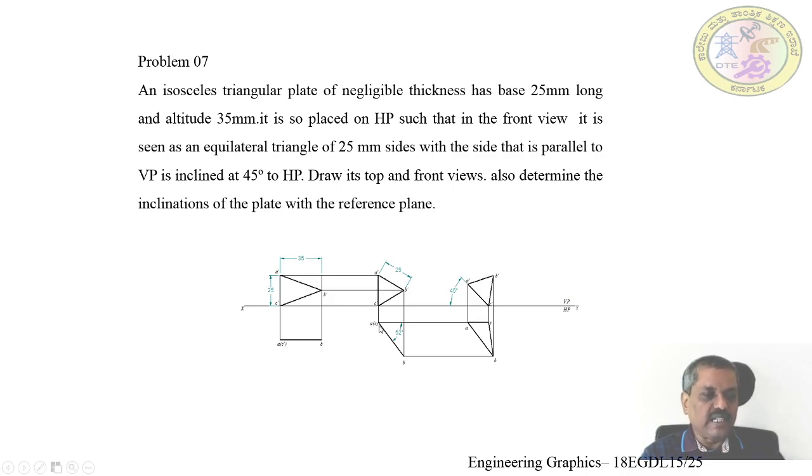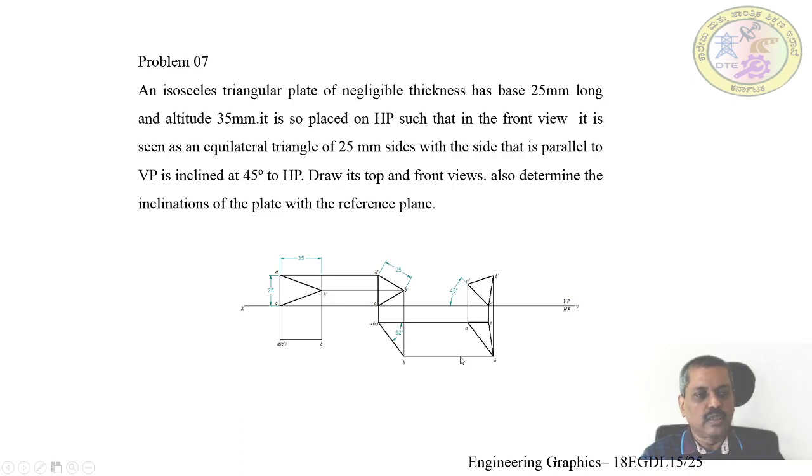So you simply project its front view, A dash C dash, and B dash, we do not know where it lies, but simply project it, and you consider the points A dash C dash, and you measure the top view length from the previous position, and use the same length over here, and cut the projector from the B dash in the front view to the top view, and you will get this point B, and join AB over here, or nothing but CB, and that you have to make it thick.